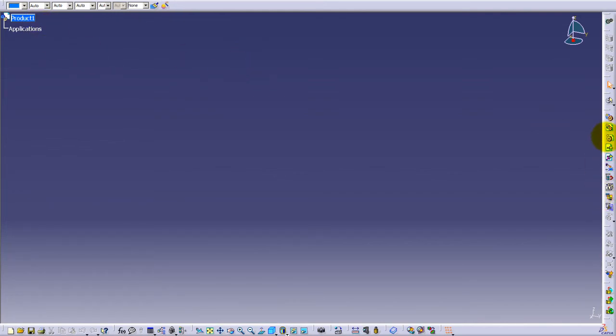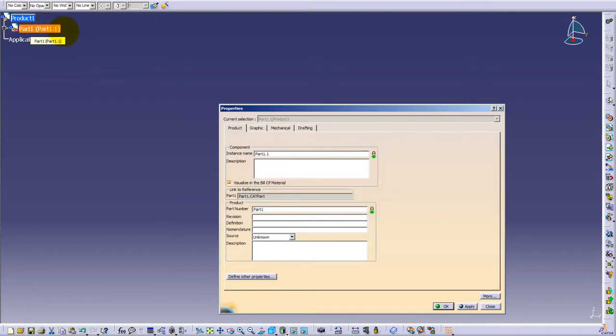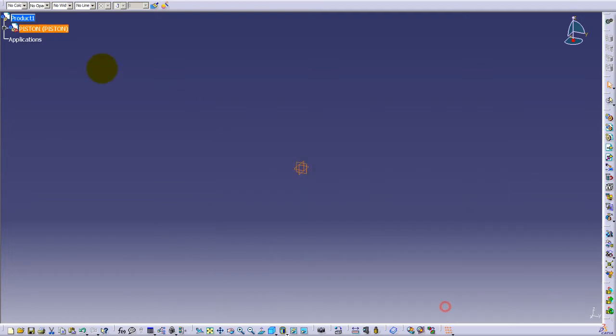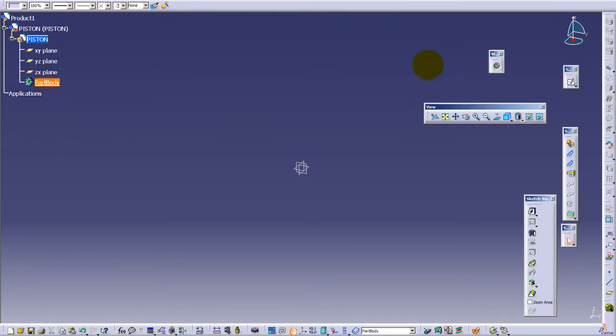So let's create a new part, and for this one, press Alt Enter and edit this a bit. Call it piston. Select it, copy here, apply, and we need to go now into part design. To do this, just double click the part body,